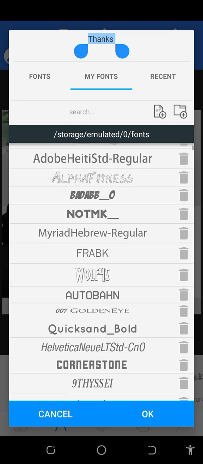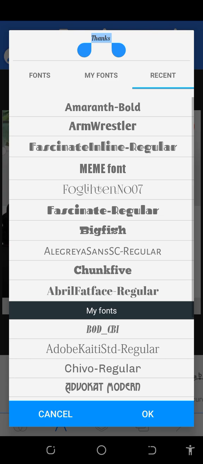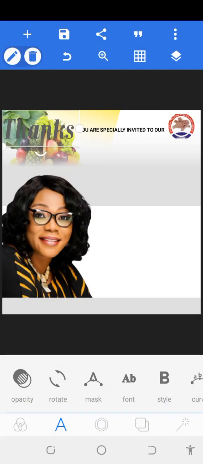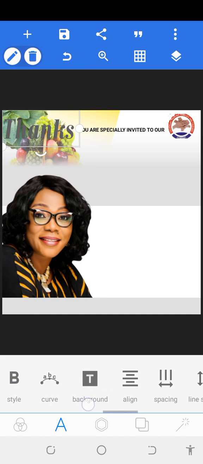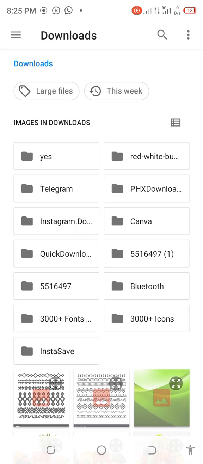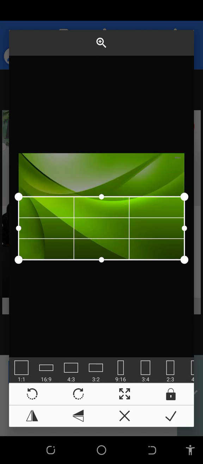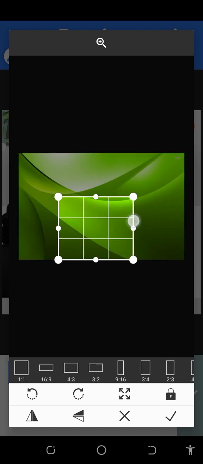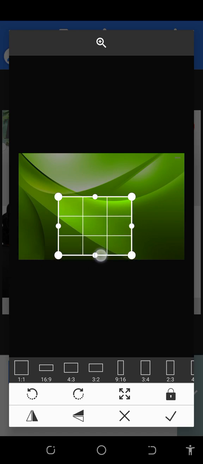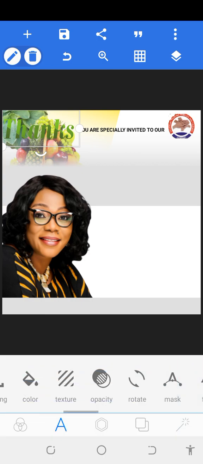Because we're in a hurry, this is the actual font that was used for that, and the color was texture. So you simply go to texture and then choose, we'll be using this. You bring it down and fix it how you want it to appear, and then you choose it. Okay, with that done,